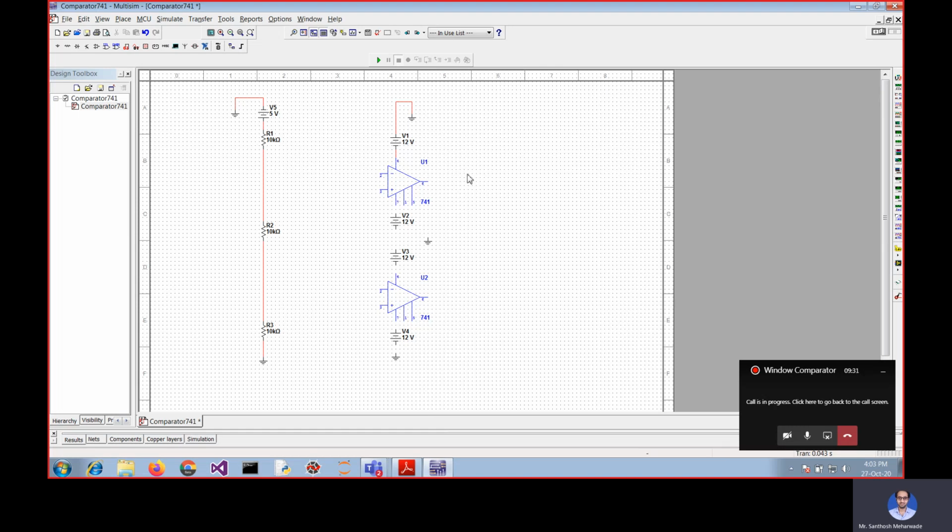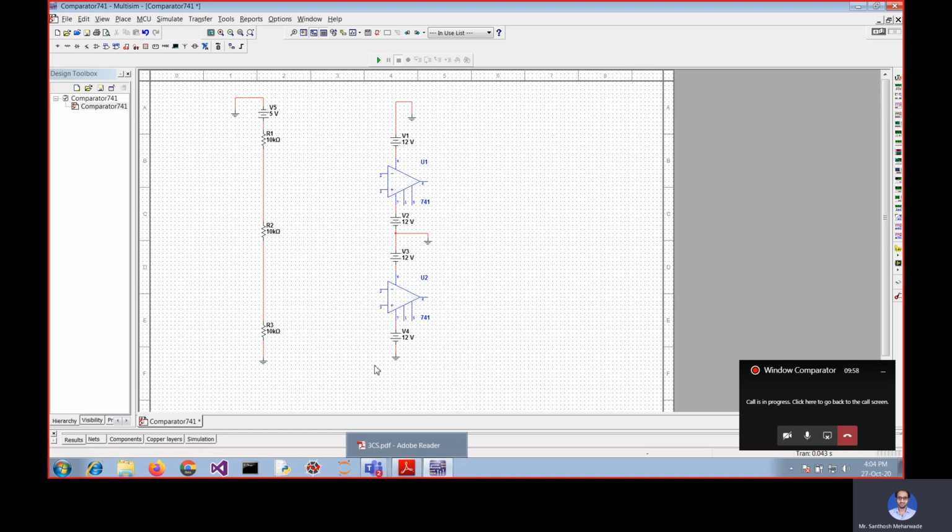Similarly, pin number 4, pin number 7, finally this one, and here I will connect this both. Okay, and from here I will take the ground. Okay, so this is how I am able to connect.